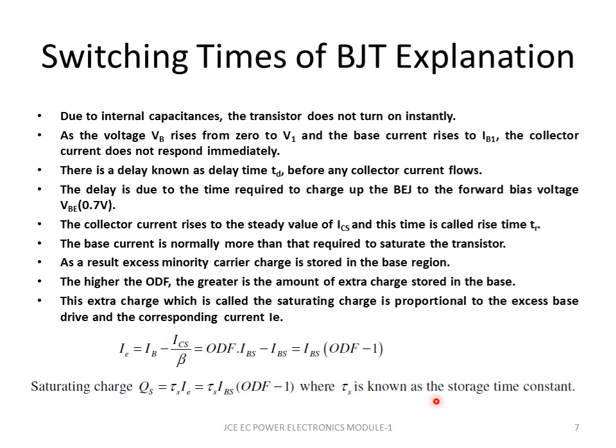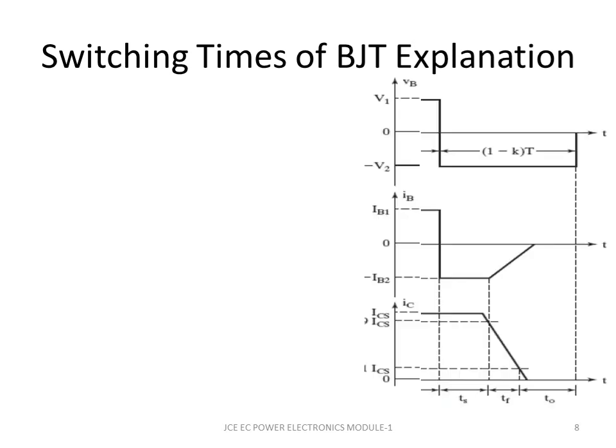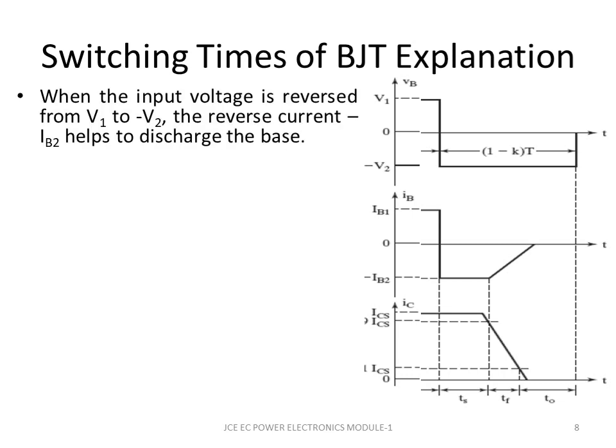So this is the effect it will have just because I am driving the transistor a little more than saturation at the base. Now let us look at the switching times of the BJT when it is turning off. So this is what is happening during turn off. I have just cut the previous waveform and brought it here. So what is happening when it is turning off?